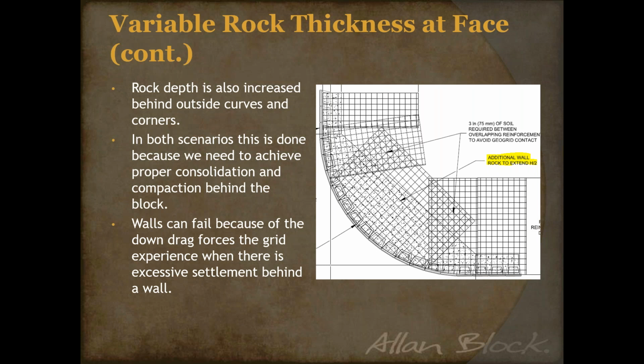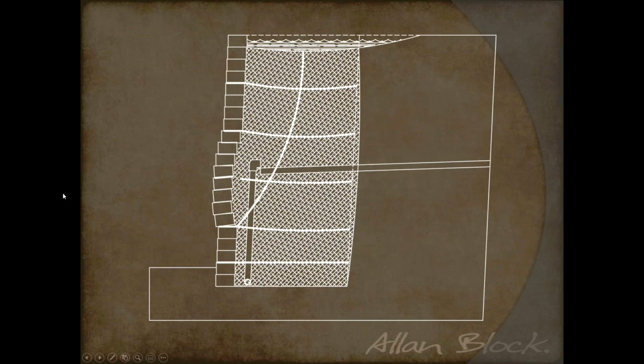settlement behind a wall. And so on this next slide here, you'll see I have an image. This has some other things going on here. You can see that drain pipe is involved as well. But this is part of a case study that we did on a project that had a major failure. But I like this image because it shows you that they did have quite a bit of settlement, like I mentioned, because they didn't have proper compaction, possibly not enough wall rock as